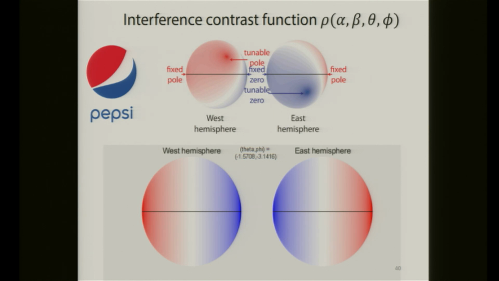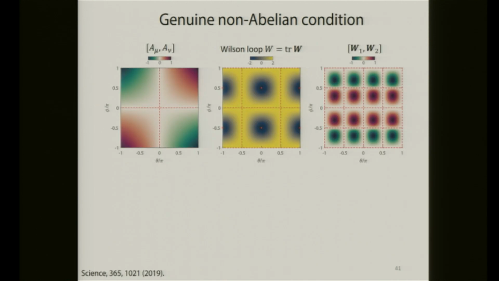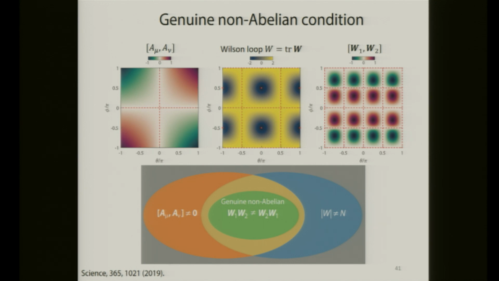Before I show you the measurement results, I would like to talk about what the genuine non-Abelian conditions in the system are. Actually, non-Abelian is quite a loosely defined term, because it can be diagnosed by the commutativity of the gauge potential, or the trace of the Wilson loop, or the commutativity of arbitrary loop operators. And in fact, the Venn diagram shows that the last one gives you the genuine non-Abelian condition, because you find that